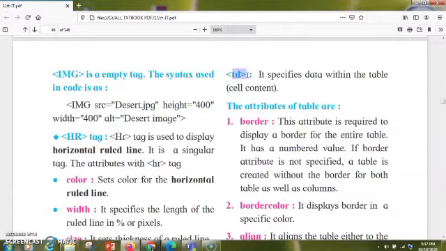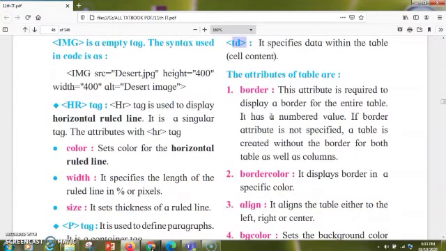Now next is table border. There are some attributes of the table. The first attribute is border. If you don't specify the border attribute inside your table tag, you'll just see the entries, without vertical and horizontal lines for your table. I'll show you in the practical demo what the output looks like without the border attribute.